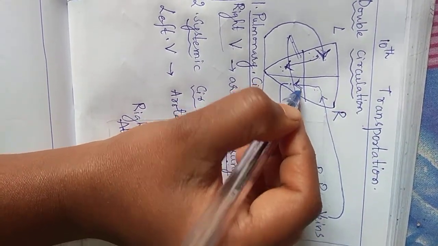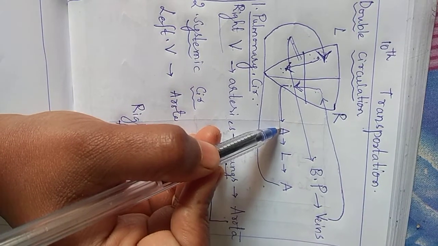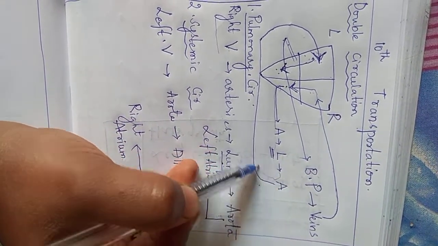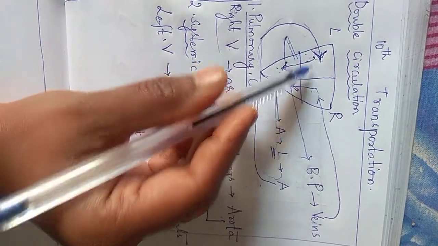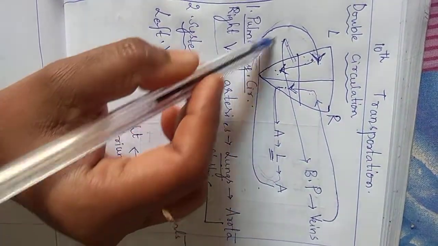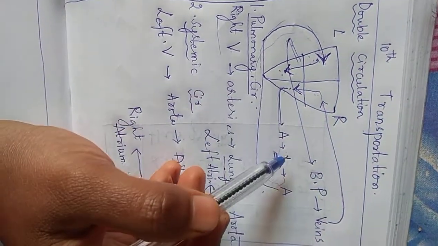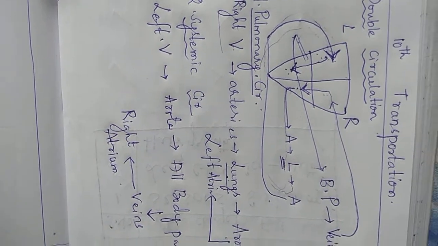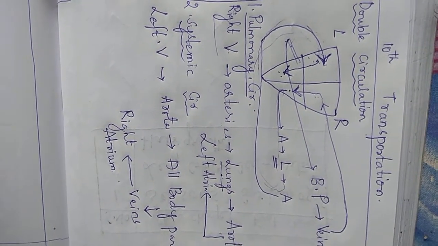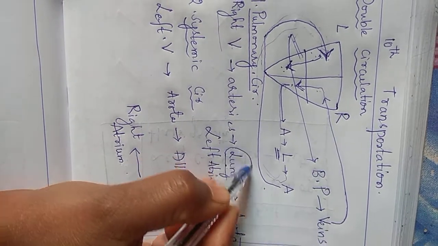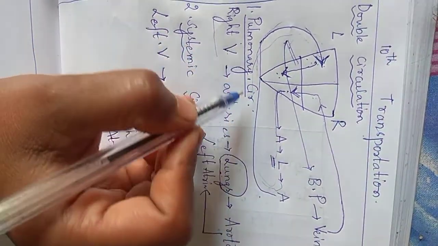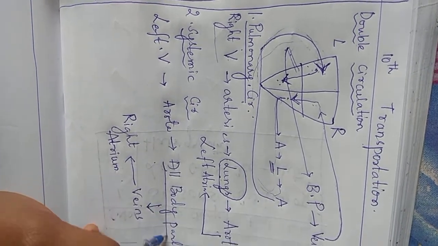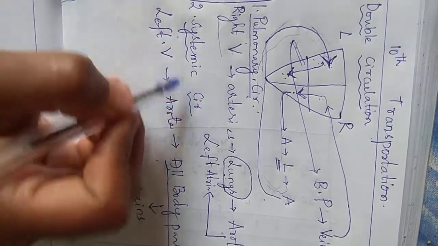So whatever the impure blood is there, it will take this to the lungs, and the lungs will purify the blood, and that will again get into the heart. Like this, two cycles are there. If you see these two cycles or two different circulations as they are occurring in the heart, it is called double circulation. If it is entering into lungs, it is called pulmonary circulation. If it is not entering into lungs, and if it is entering into body parts, it is called systemic circulation.